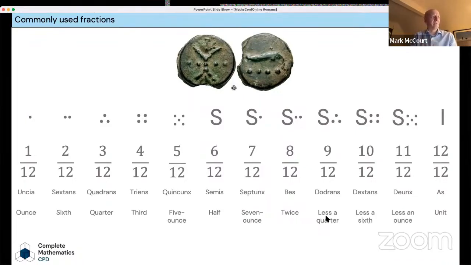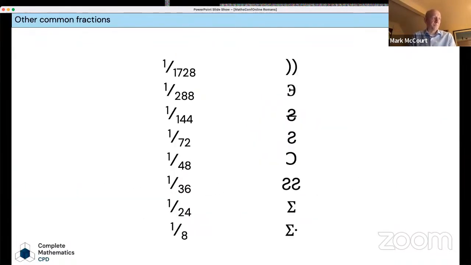And using this opportunity to have this discussion around these words with pupils allows them to see connections across the etymology of words in other places as well. Some people, it doesn't matter how young they are, when we see the word septunx, somebody's going to talk about, is this related to September? And we can open up that discussion. So we can also use fractions. They're the most common fractions, but here are some others.